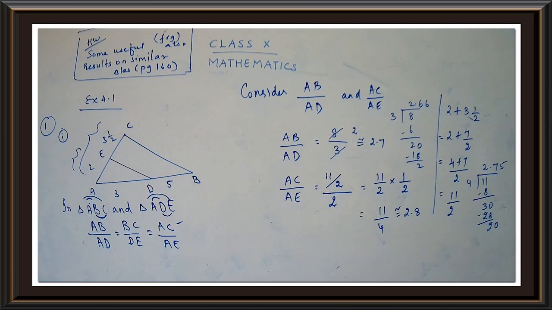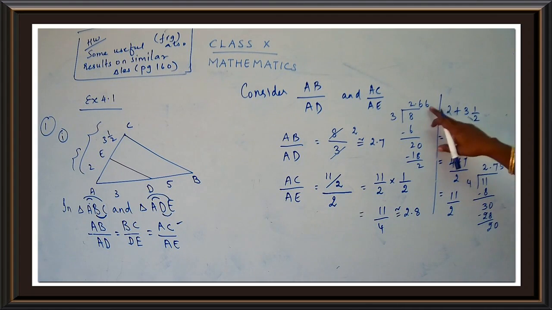Show the working part, children. You may have a confusion, that from the fraction we cannot determine whether they are equal or not. So try to write it in the form of decimal. So 8 upon 3, when you divide it, you get 3 2s are 6, 2 left out, 3 6s are 18, again 2 left out, 3 6s are 18, again left out. So you get 2.666. So you can approximate it as 2.7.